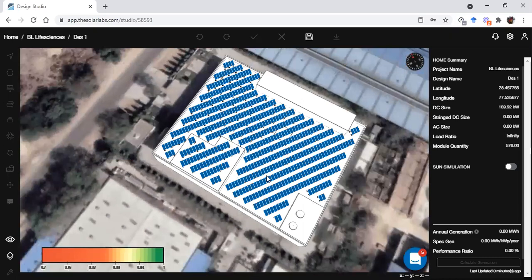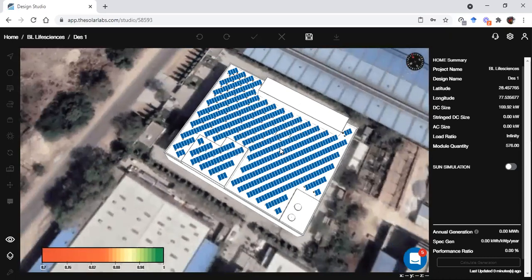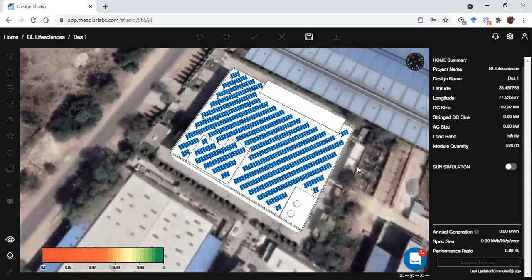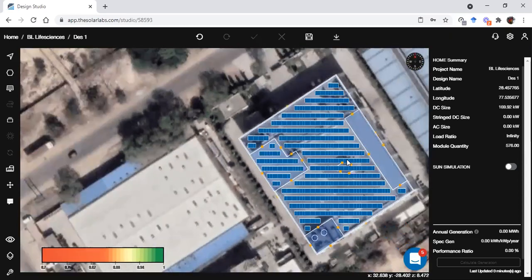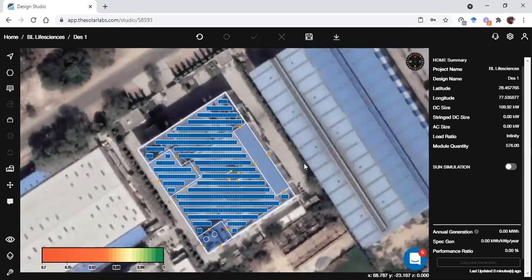So if you have any doubt in this ignored option, then please go ahead and ask. Or if there are no doubts, then I'll go with the shed part or the tilted parts, the tilted roofs.